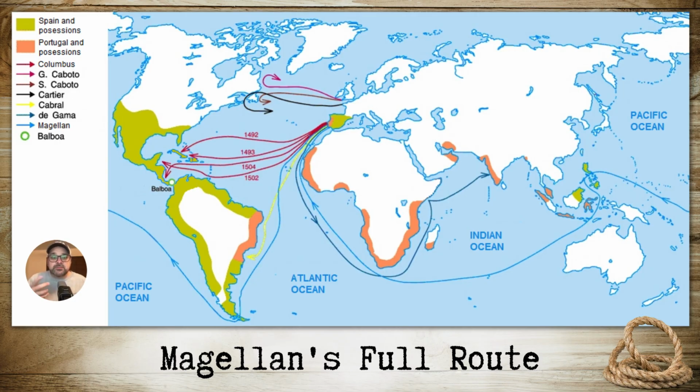And then you can start to see the possessions, the territories that each country takes, and look at the difference between the territories that Spain claims, right? Larger territories versus the territory that's claimed by Portugal. In a lot of cases, Portugal's really claiming small segments, small forts, the trading post empire as we talked about. But again, this is really just a generalized map to show you the various routes that were taken by both the Portuguese and the Spanish.